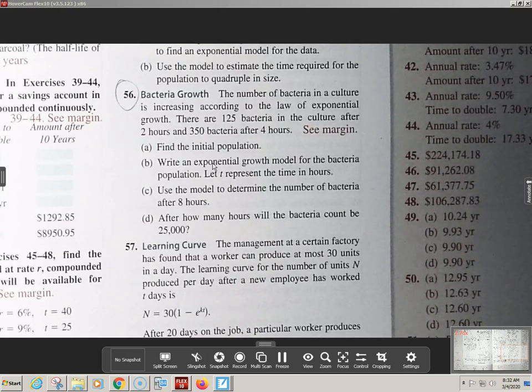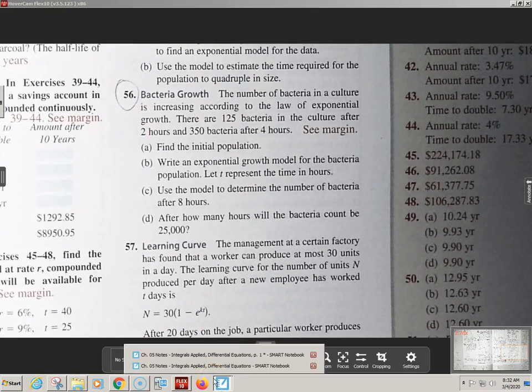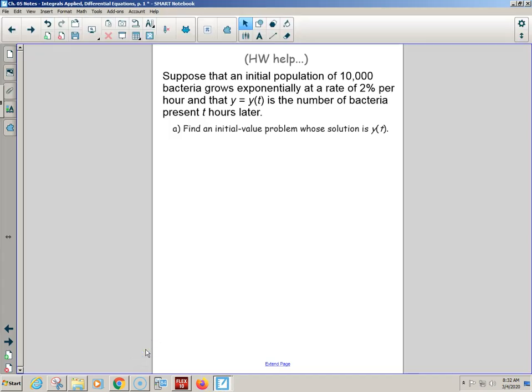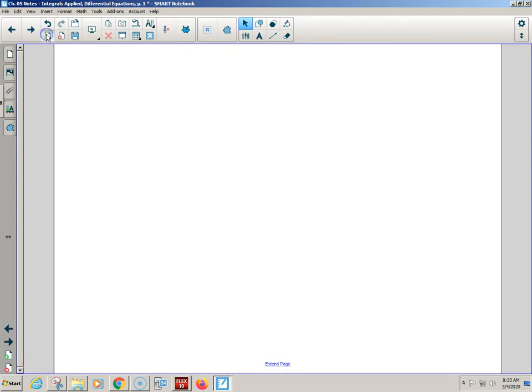Bummer. But wait, if we have 2 points and we have 2 unknowns, C and k, should there be a way for us to solve it? System of equations. I wonder what a system of equations would look like. Before we go tackling the word problem, can I just show you an example of the system of equations with exponential growth? Pre-cal review, green pen. What if you have something like, I don't know, it's 5 after